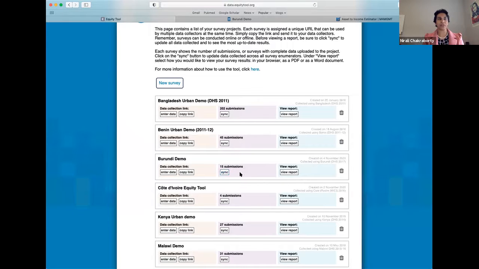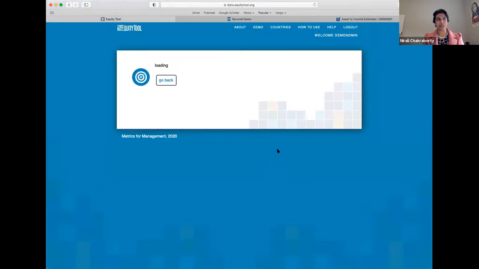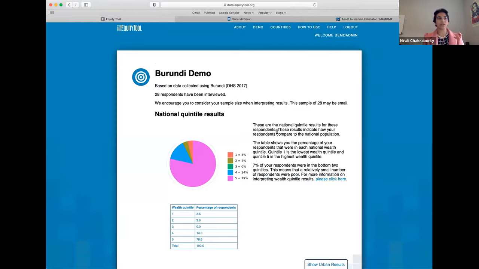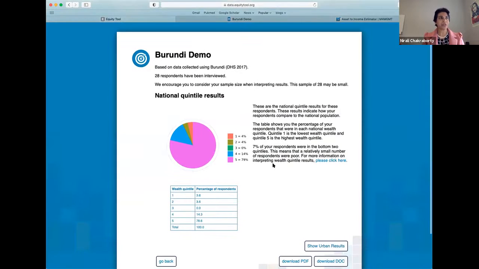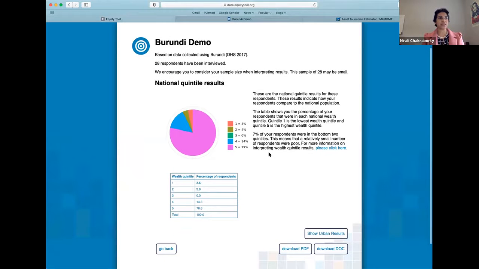We'll see how many of you have inputted any. Okay, so now we're up to 28, and we can view the report. So the analysis is done on the back end if you're able to use the equity tool platform, and if not, you can use your own data collection tool. And what does this show us? This shows us that of all those 28 submissions, which is not that many,